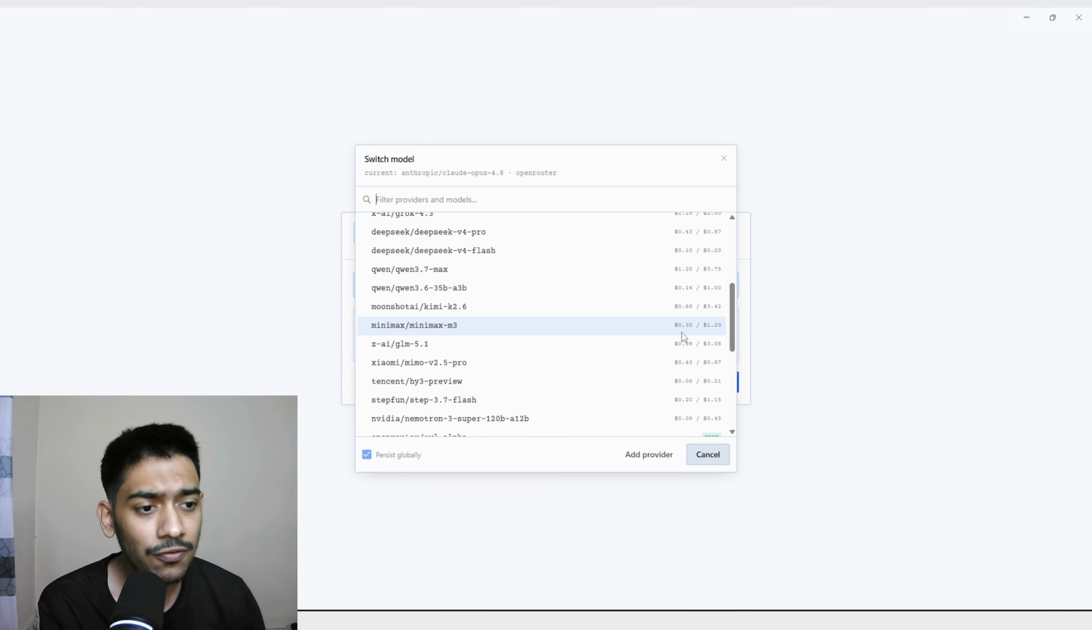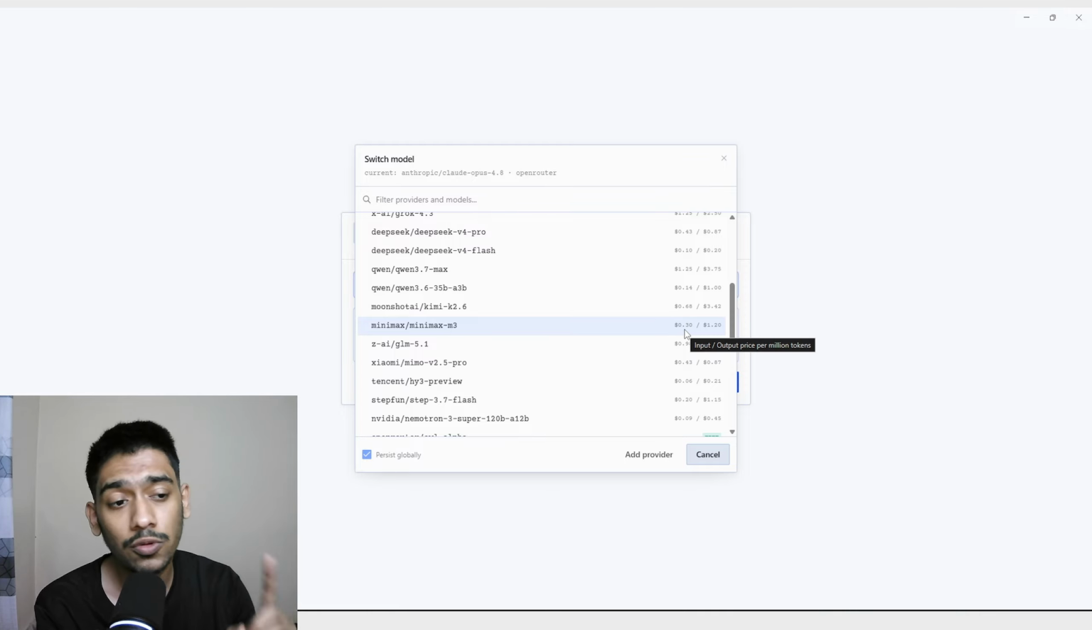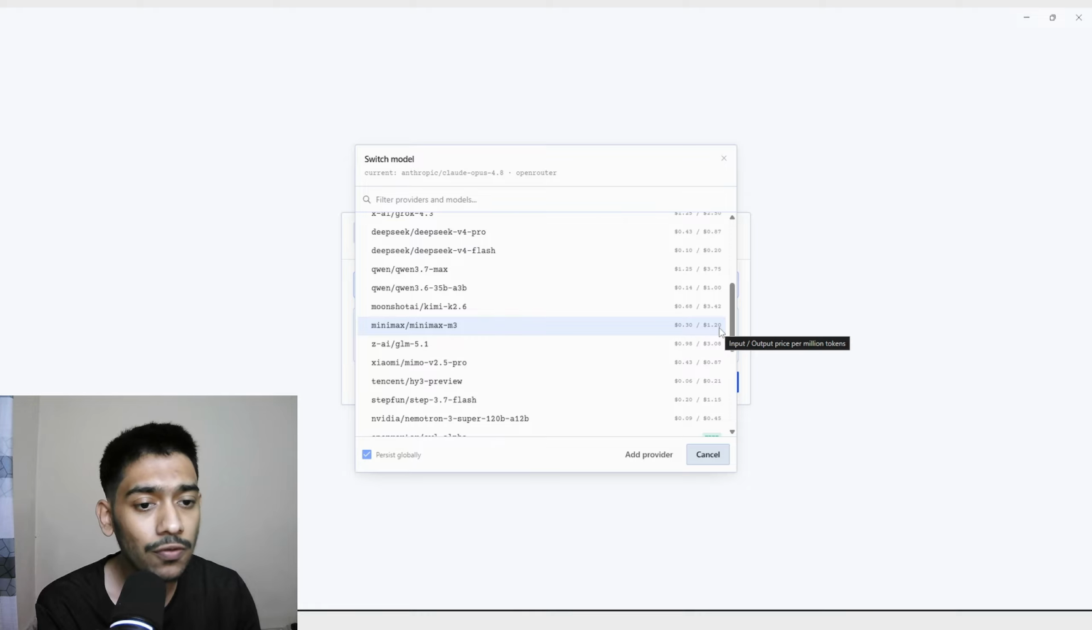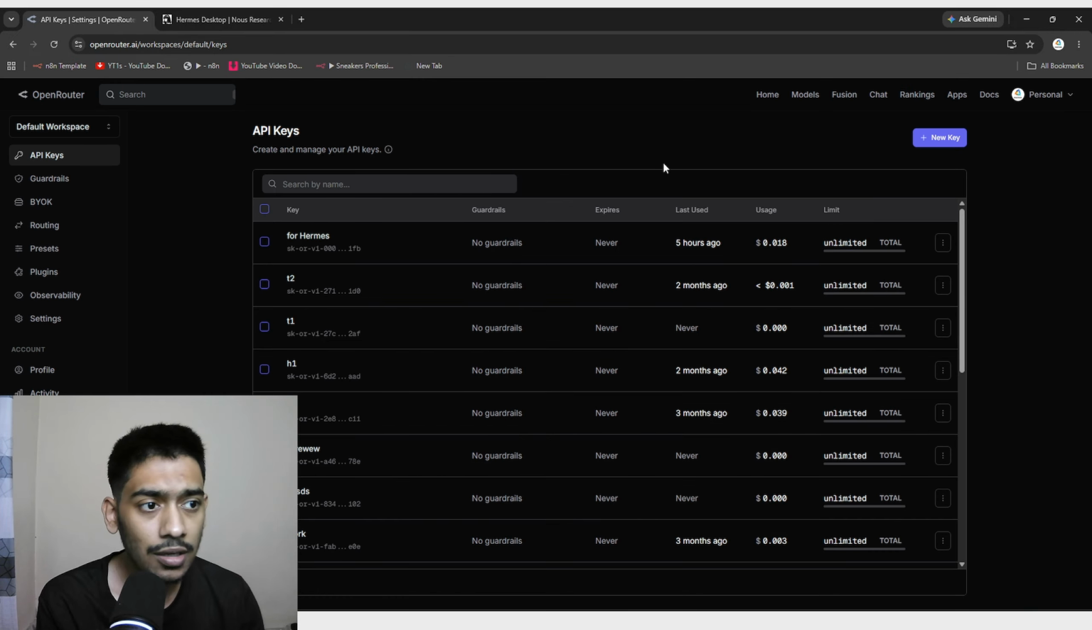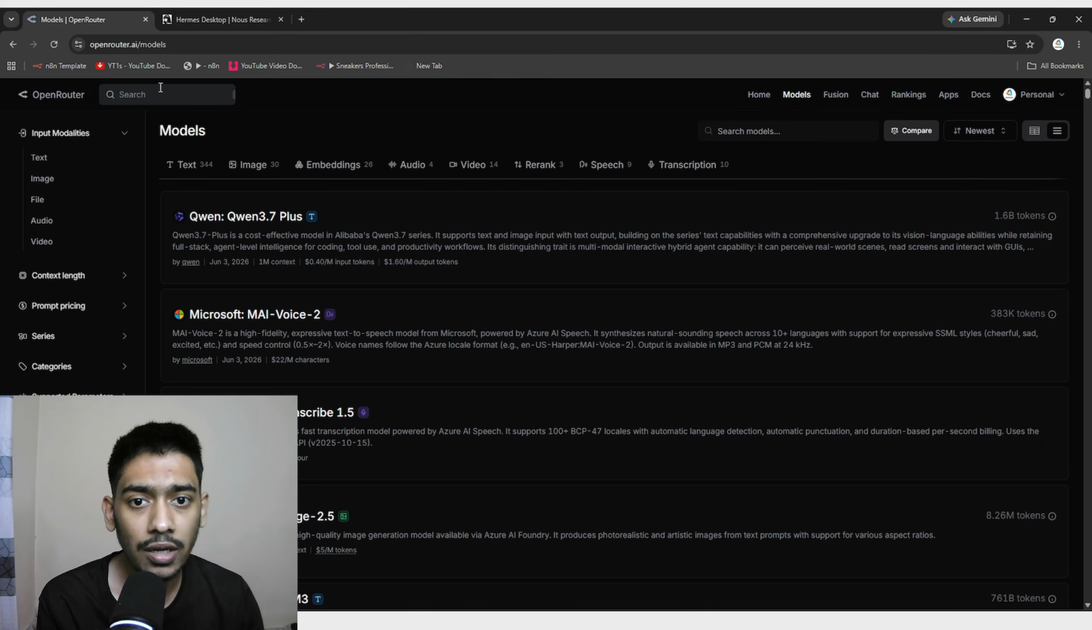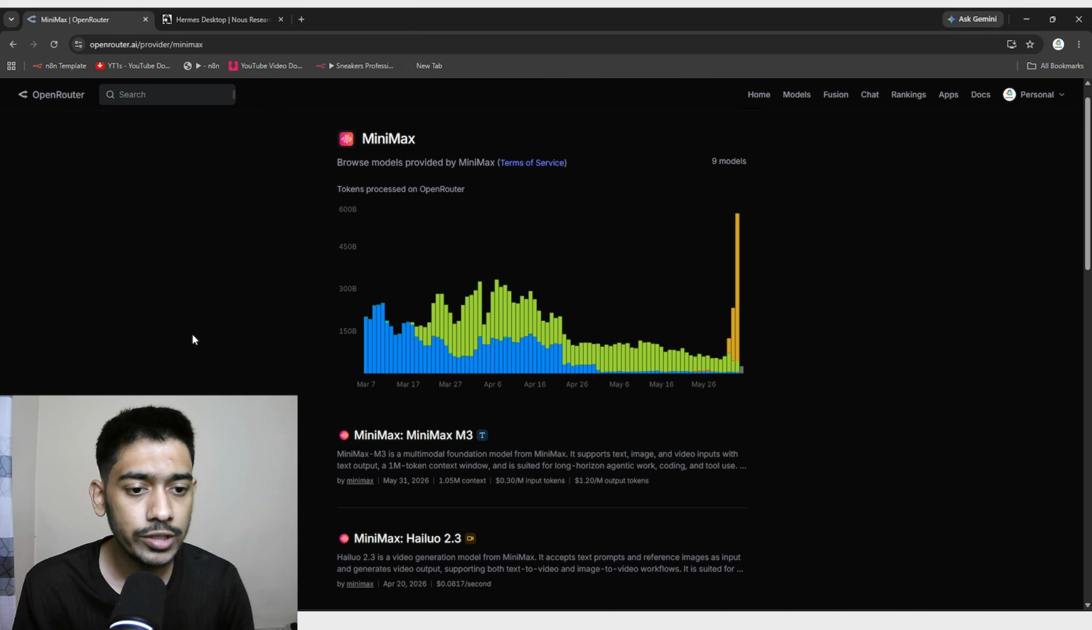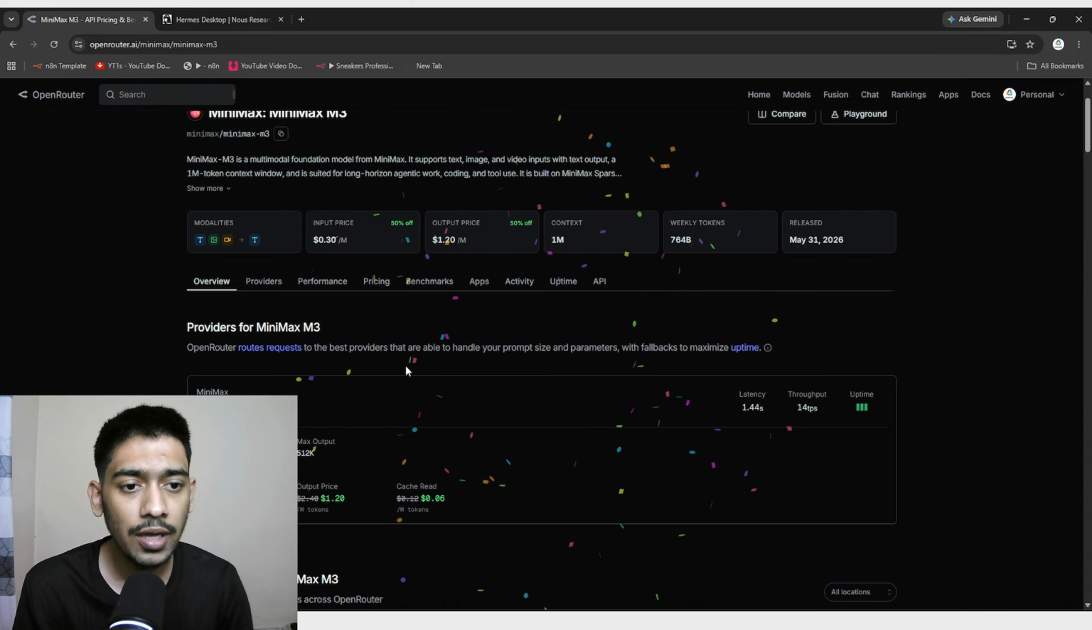You can see it's very low compared to Claude, or you can think of GPTs. You can see just $0.3 for 1 million input tokens, and $1.2 for 1 million output tokens. And also if I show the benchmark of this Minimax, you'll be shocked how good the AI model really is. So for that, if I go to OpenRouter again, and then go to the model section, and here I have searched for Minimax. So here's the Minimax M3, and if I go to the